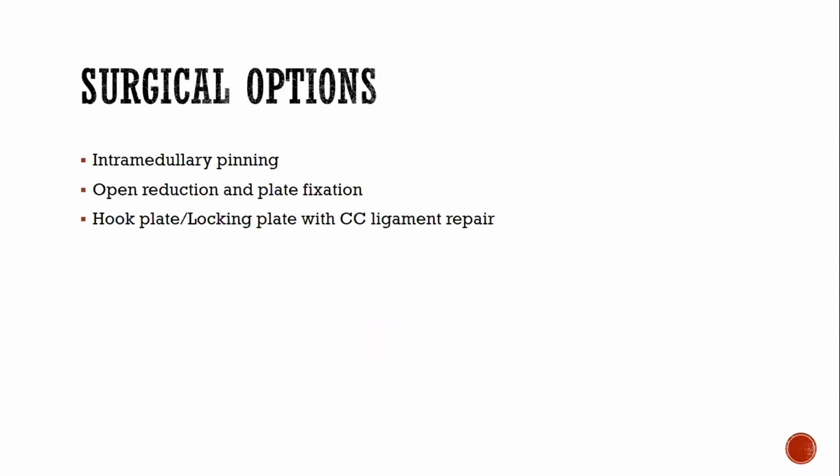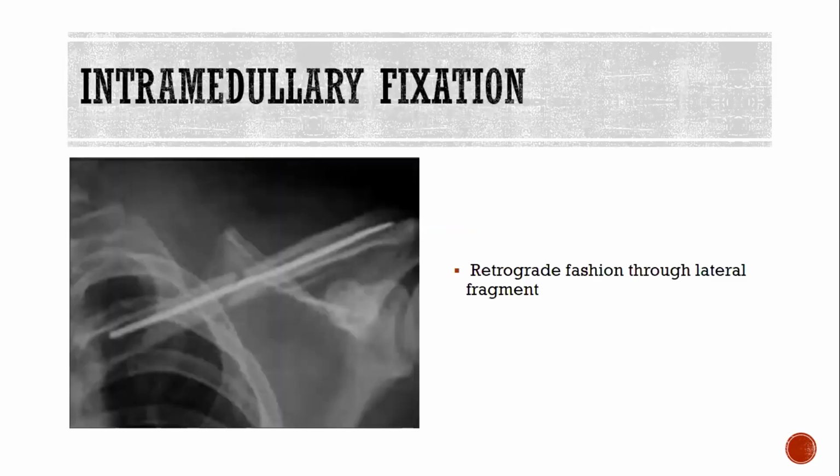The surgical options for clavicle fractures are intramedullary pinning and open reduction and plate fixation, and for lateral clavicle fractures, it can be either a hook plate or a locking plate with CC ligament repair. In intramedullary fixation, the nail is passed in a retrograde fashion,